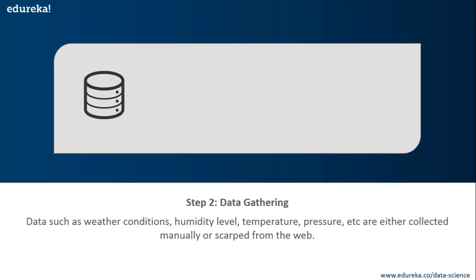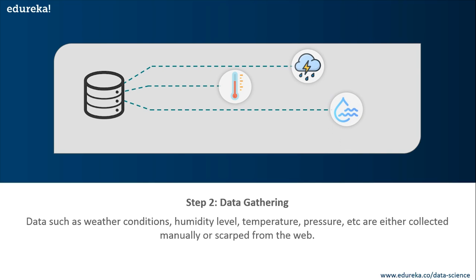Once you know the type of data that is required, you must understand how you can derive this data. Data collection can be done manually or by web scraping. But if you're a beginner and you're just looking to learn machine learning, you don't have to worry about getting the data. There are thousands of data resources on the web. You can just go ahead and download the data sets from websites such as Kaggle. Now coming back to the problem at hand, the data needed for weather forecasting includes measures such as humidity level, temperature, pressure, locality, whether or not you live in a hill station, and so on. So guys, such data must be collected and stored for analysis.